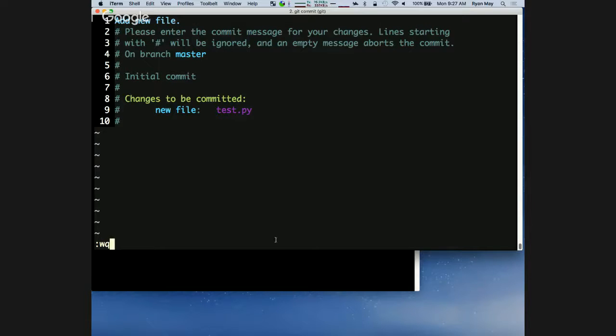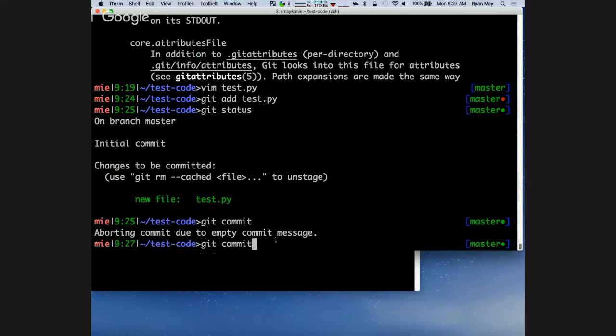How did you get to that? Git, let's see, here, let me quit out of this real quick. So git commit. And we see here, if I didn't give it a message, it said I'm not doing it because you didn't give me a commit message. So git commit, C-O-M-M-I-T. Actually, instead of bringing up the editor, you can also do -m, put your message here.